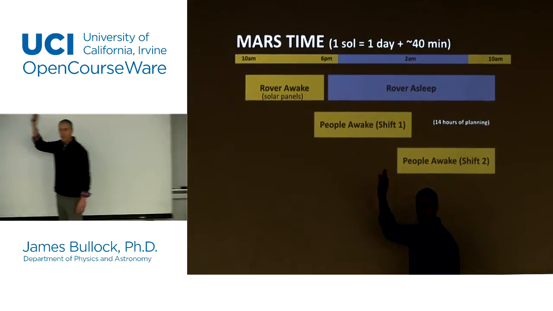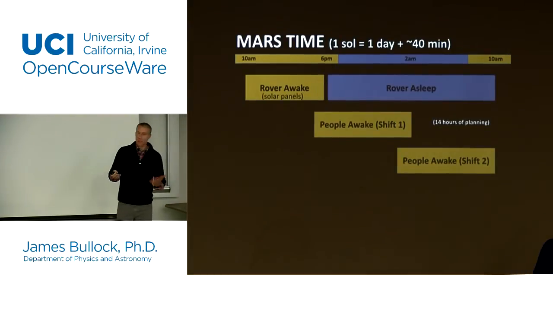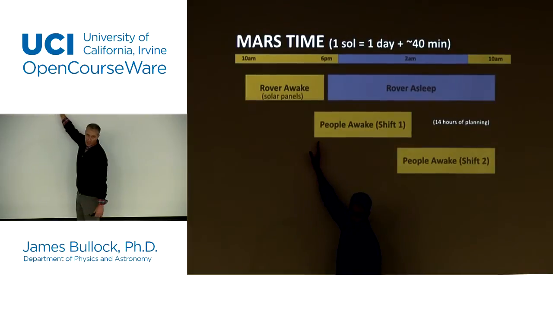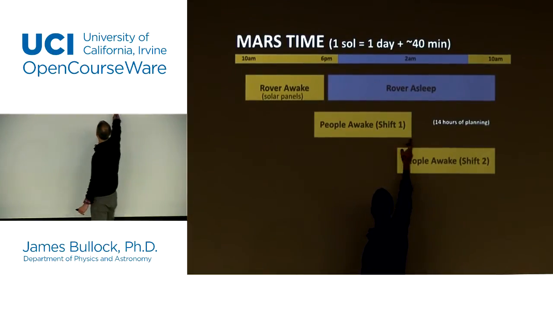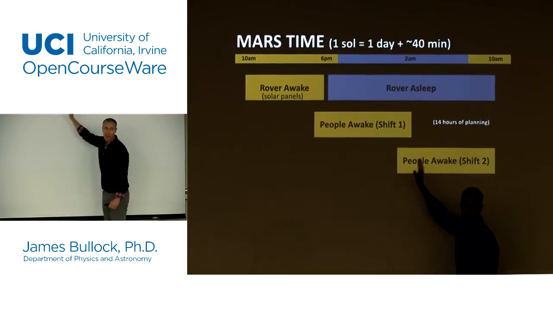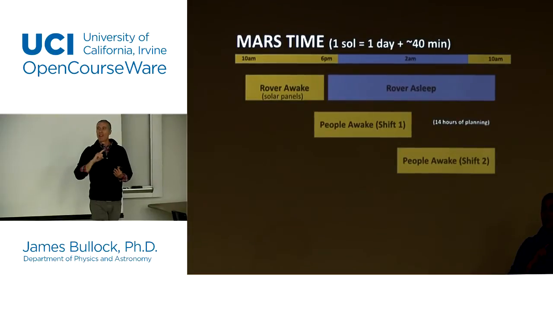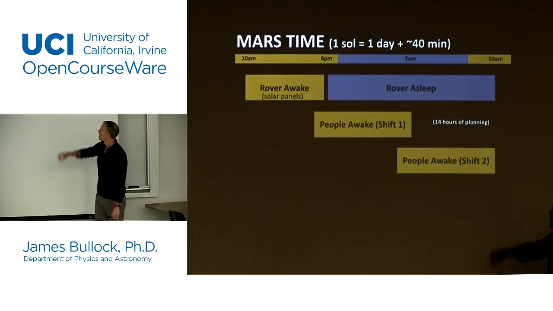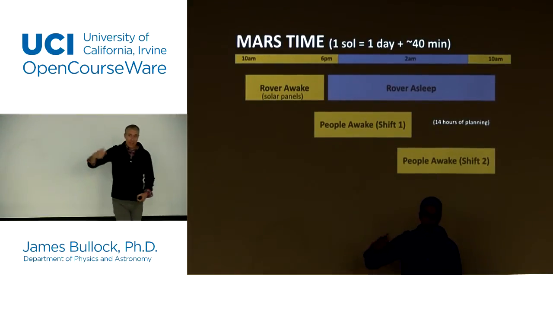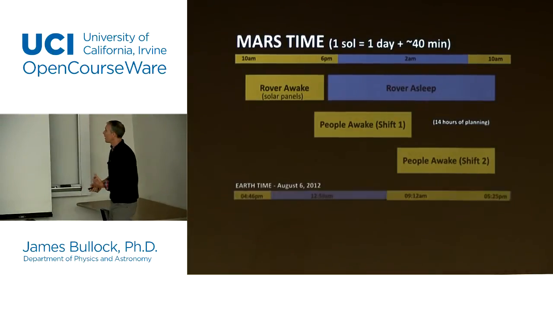And then they put the rover to sleep to recharge its batteries and not waste energy when it doesn't have access to the solar panels. Now, as soon as the rover goes to sleep, then the people start working. They have 2 shifts of people that basically work continuously while the rover is asleep to figure out, digest what the rover found during the previous day and to tell it what to do the next day. And then as the sun comes up on Mars, the rover starts going again. And so every day they do this. And especially when it first started, they were just working kind of nonstop.